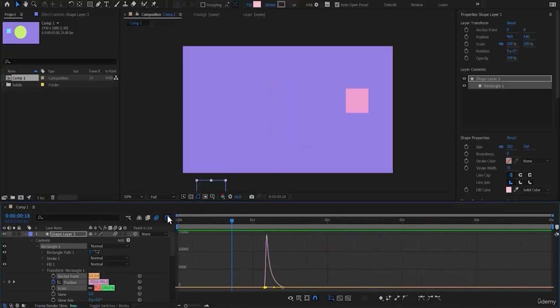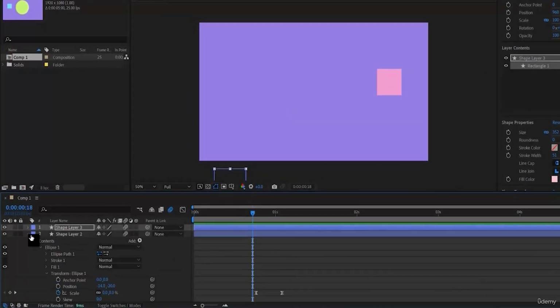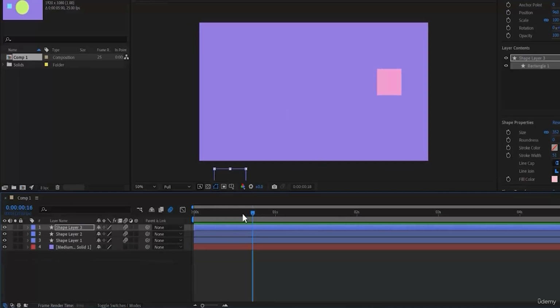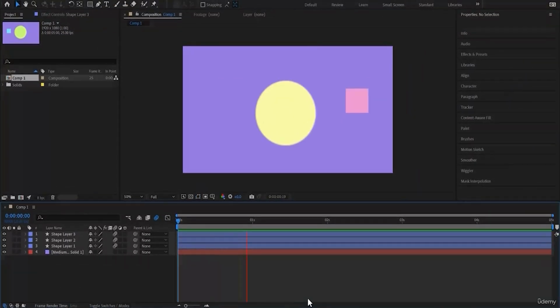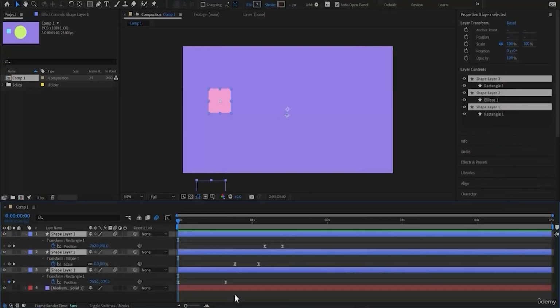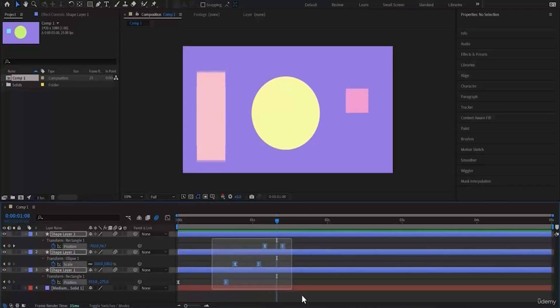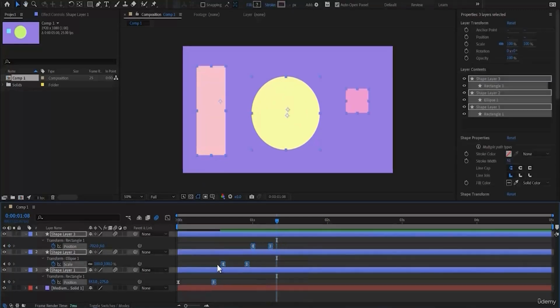Now if I just go here and if I just close all this, this is how it appears using the graph editor. So we have taken 3 shapes and we did the animation via graph editor. If I just hit U over here to show you the animated properties, this is how it appears. If you want, you can make this more fast. Just select all these and